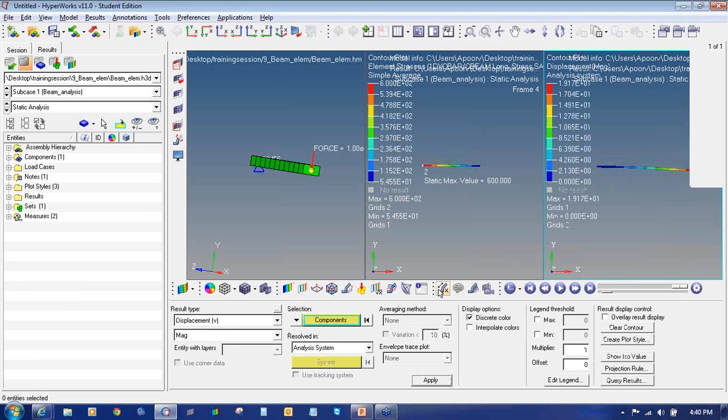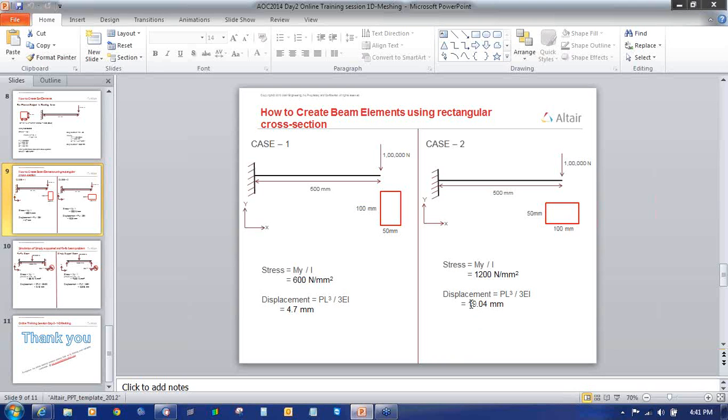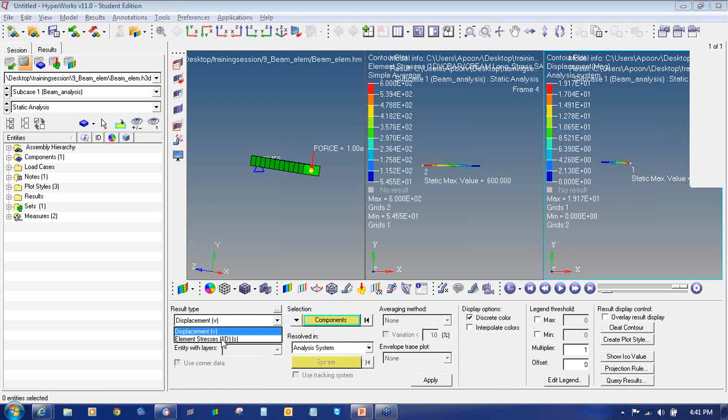So the displacement value is coming as, you can see, 19.17, that is exactly the same one,